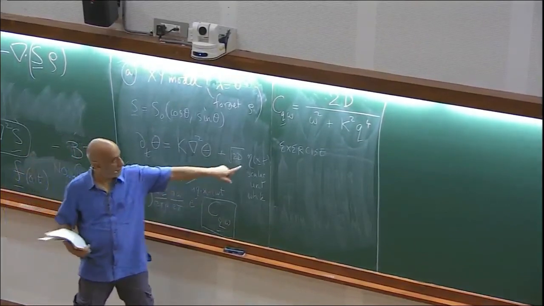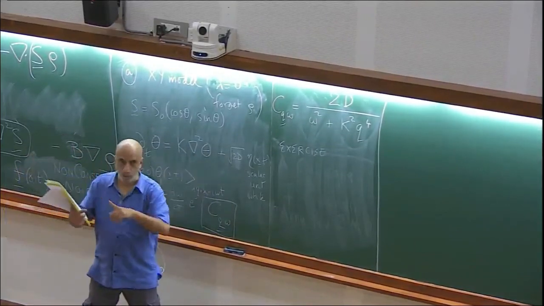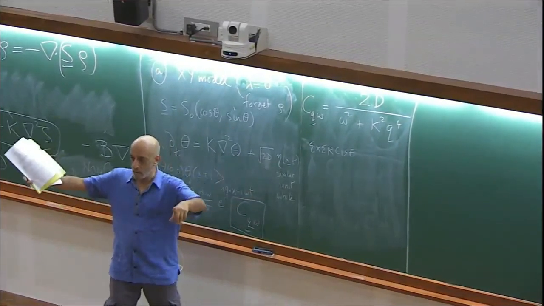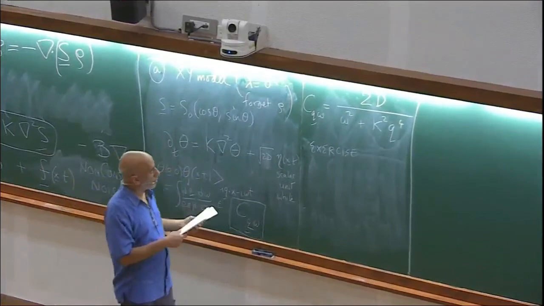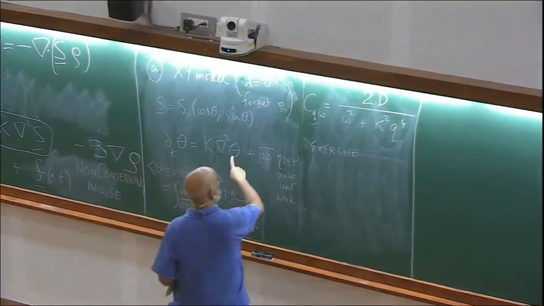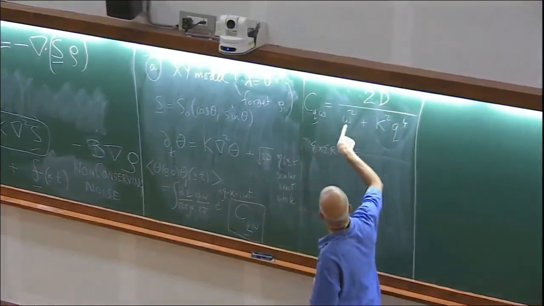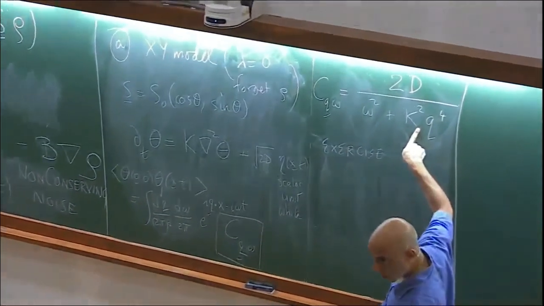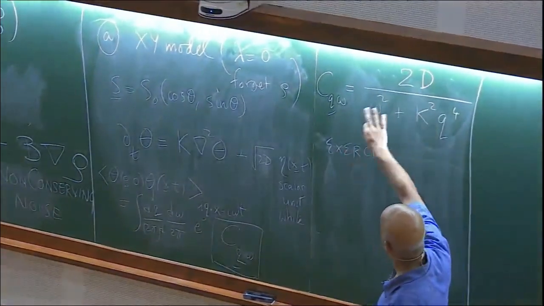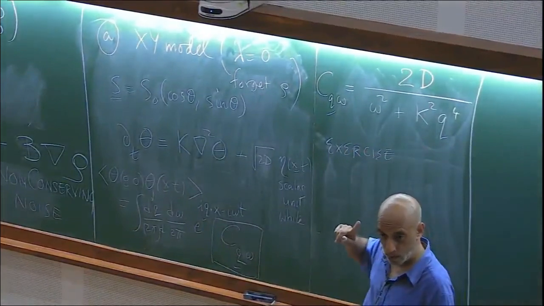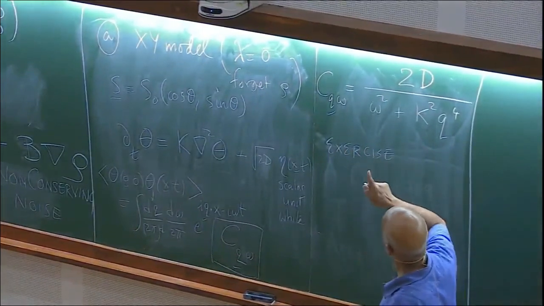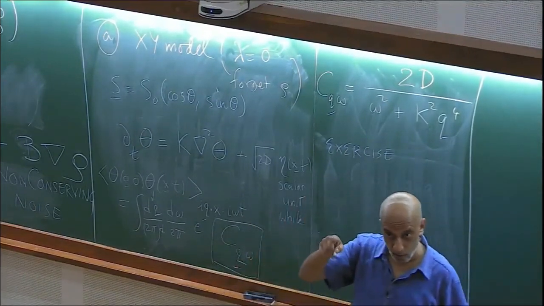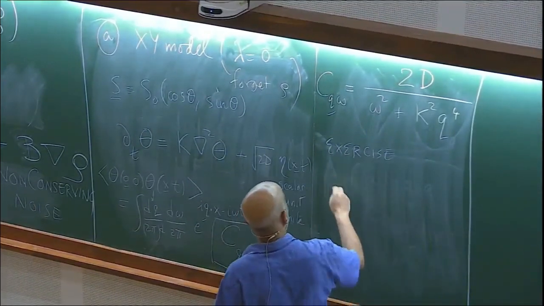These guys are coupled in space, but in Fourier space they are independent, and the noise will be a spatially uncorrelated noise in q space. So this is just saying that the system relaxes exponentially with a relaxation time 1 over kq squared. And this noise term. So this is straightforward. Please do this. Please work it out. Okay? The reason this is important is it tells you what John already told us earlier today, which is that